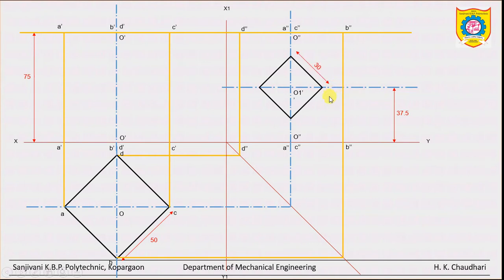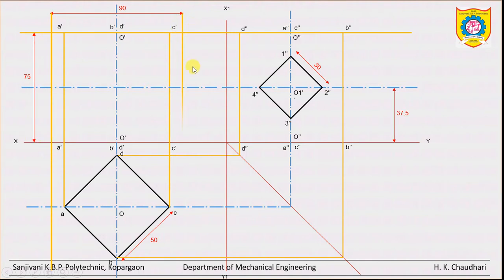Clear? Now our aim is to draw this horizontal prism into the front view and the top view. First of all, just label the corners 1 double dash, 2 double dash, 3 double dash and 4 double dash, in this way. Now extend this axis in the front view. The length of the axis is given as 90 mm. So draw the end projector of this horizontal prism. This will be the length.